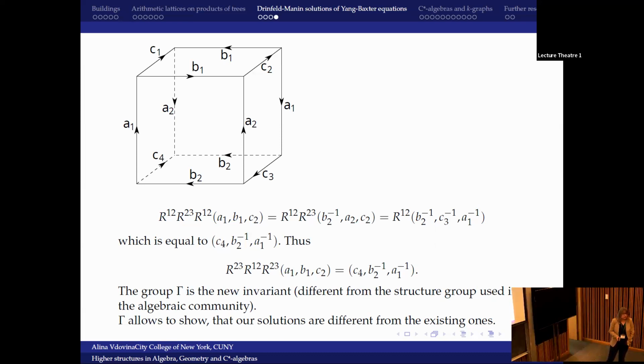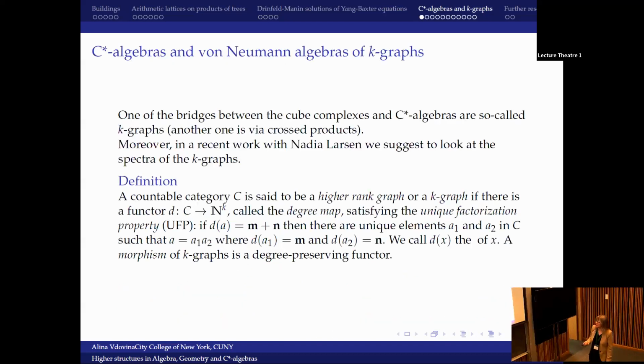To prove those kinds of spectral bounds, you also have Drinfeld hidden somewhere, which is almost incomprehensible. It's another Fields Medal thing, but if it's correct, a lot of people use it, so we use it as well. But now let's finally come back to higher rank graphs, and I'm very happy that I don't need to spend much time on this definition because it appeared already in so many talks that by now everybody knows it, and everybody knows that it's a bridge between cube complexes and C*-algebras.